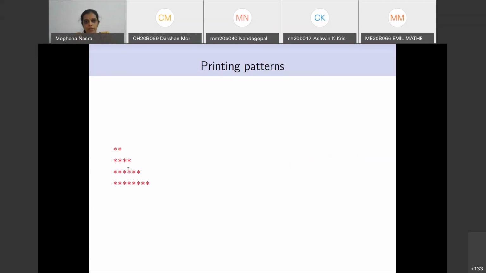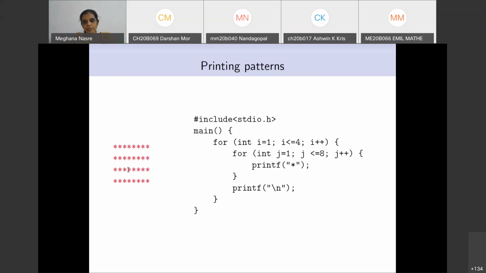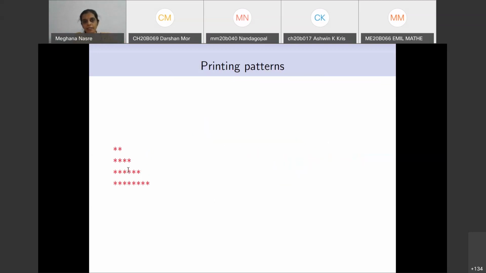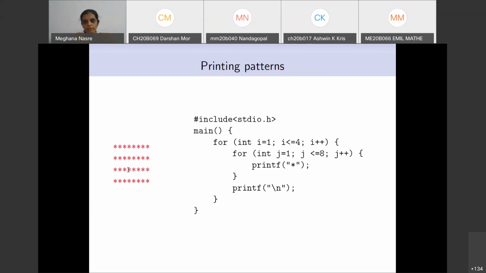So now we go to the second pattern which we had again drawn. I would like each one of you to take this earlier piece of code and modify it such that we get the second pattern that we want to print out. You can take some time, do it on REPL or whatever, and print your answers, or whatever is the modification to this piece of code, in the chat window. You don't have to do it on REPL if you are confident about your answers.